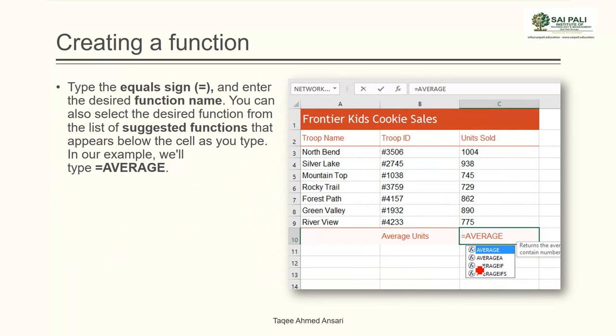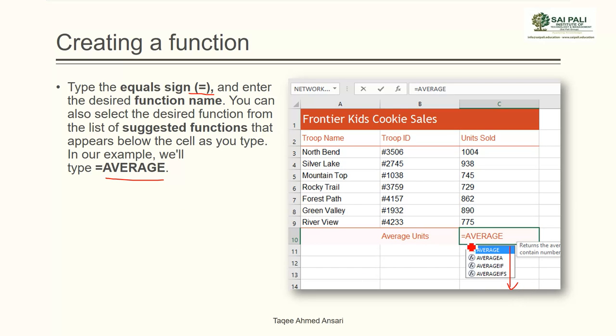So what I can do, I will start with the equal sign. Now after giving the equal sign, I know the name, so I will give the name. As I start typing the name, Excel will start suggesting the possible functions which I can use.